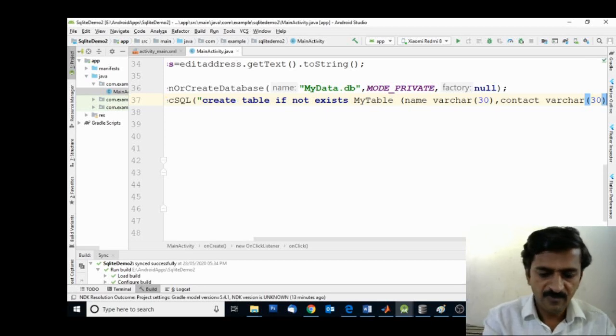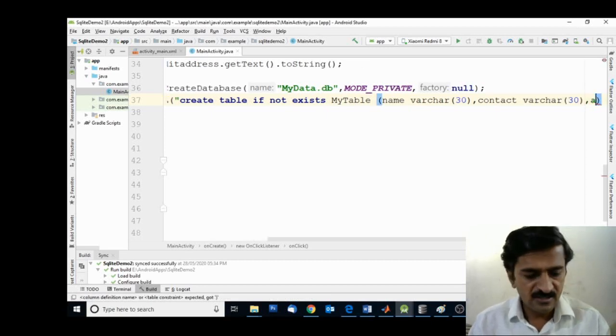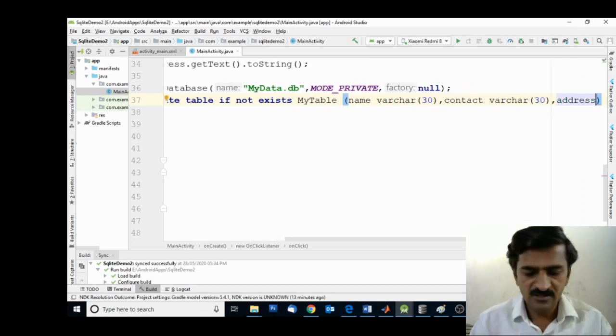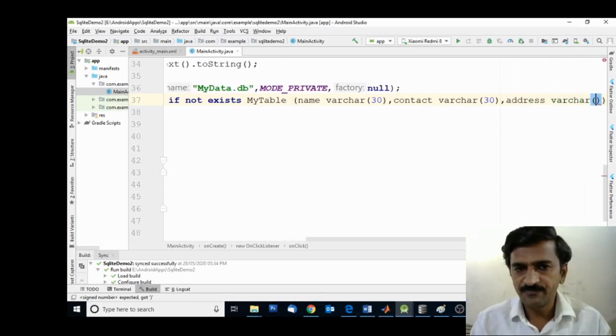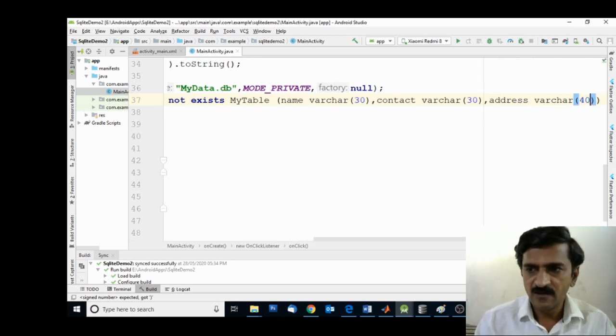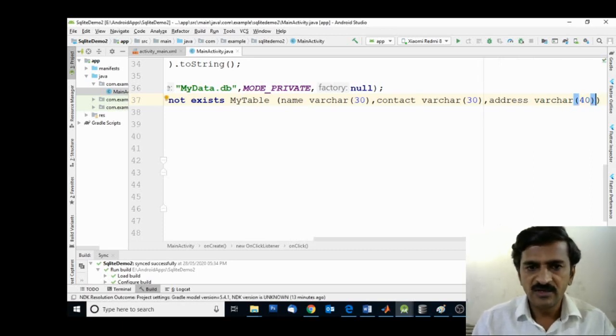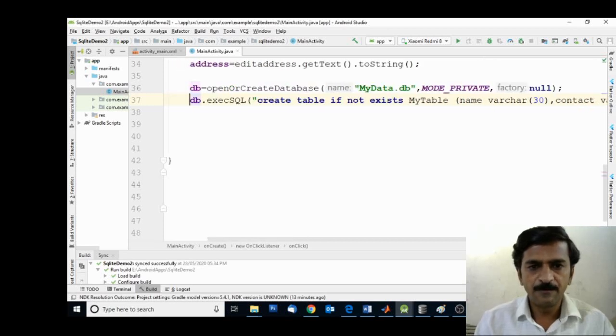Then address, varchar of 40. So in this way we can create the table.